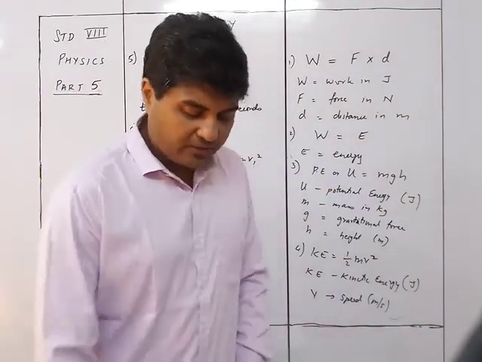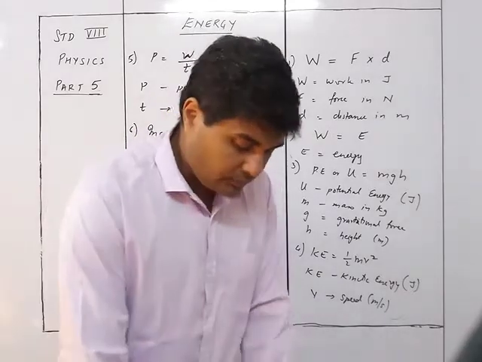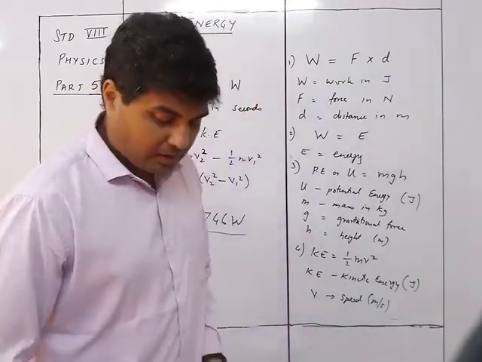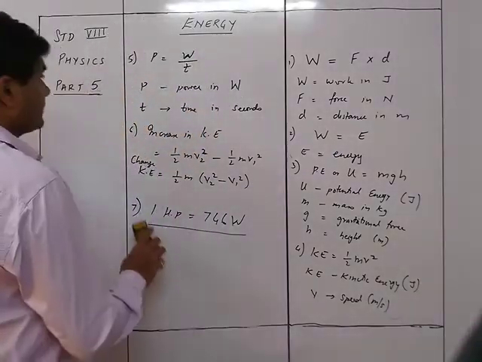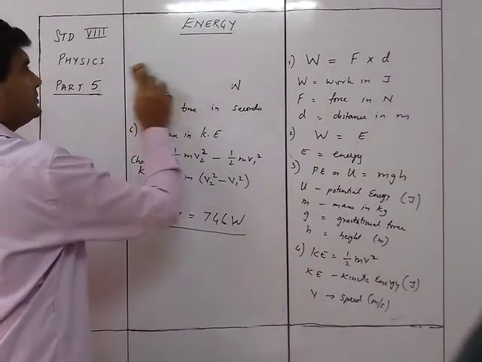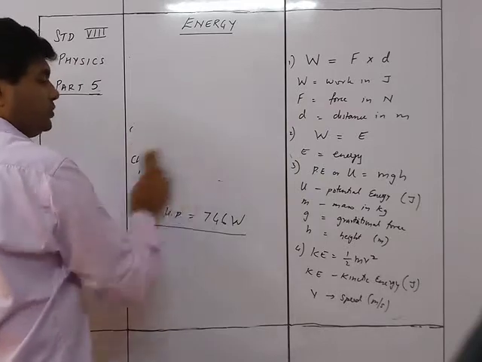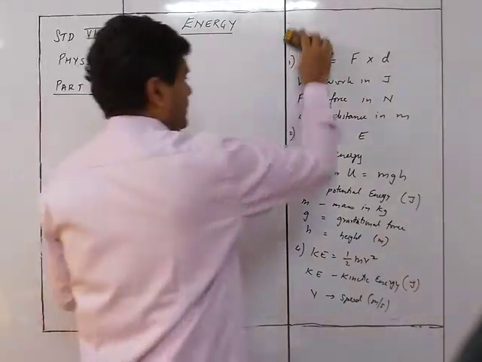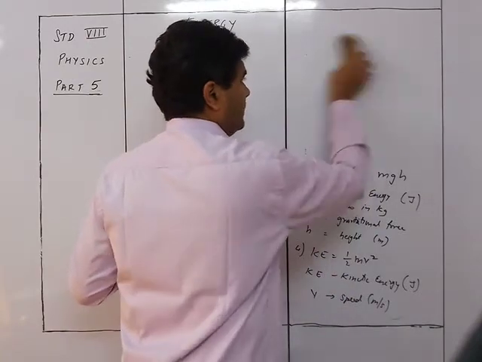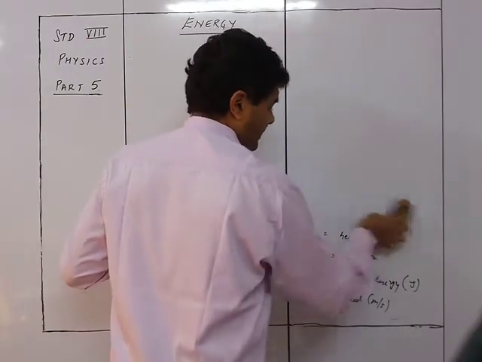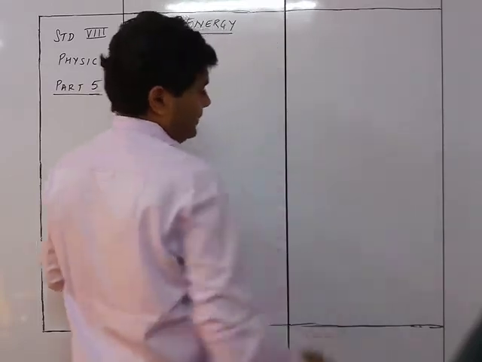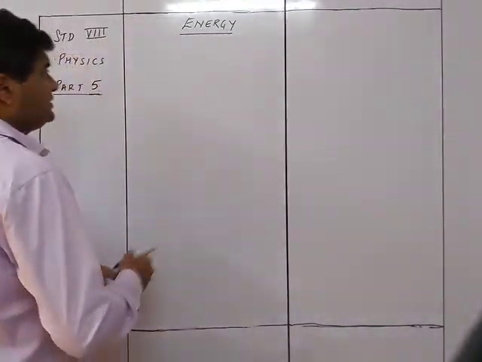Now we go to the different numericals one by one. So let's start with numerical number 1. I just erase this. Please note this down in a book so that you are not having any problems later on. It should be handy enough so that you can refer to it whenever you want to. So we start with the numericals.